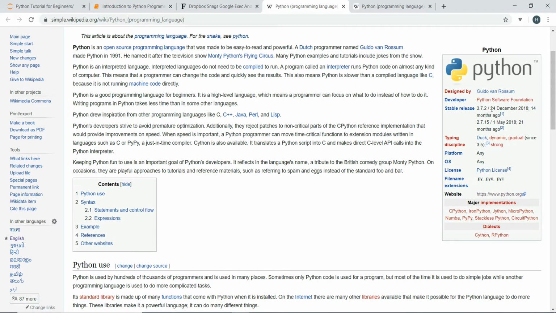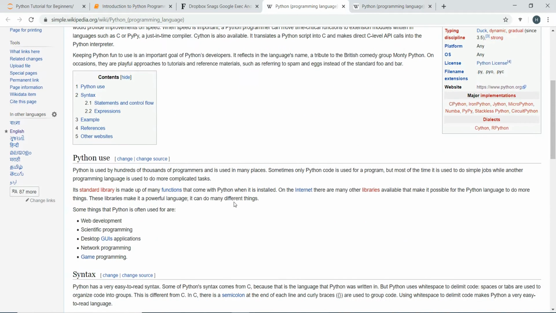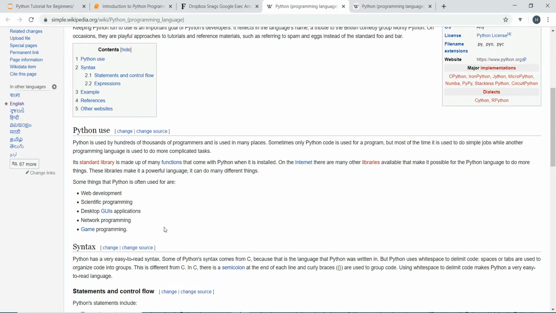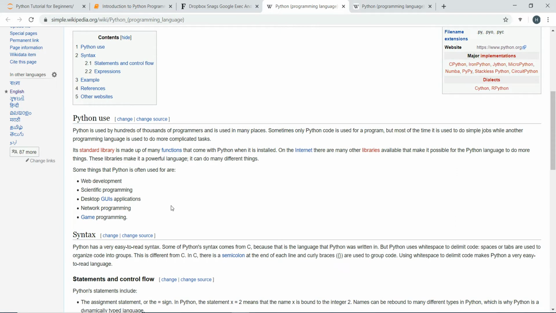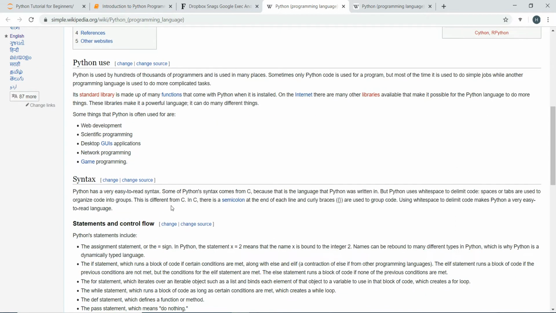Here you can see it is written, and the use, it is a general purpose programming language, so you can use it in multiple things for development, like web development, scientific programming, desktop applications, network programming, game programming, and we can also use this programming language for data science, artificial intelligence,